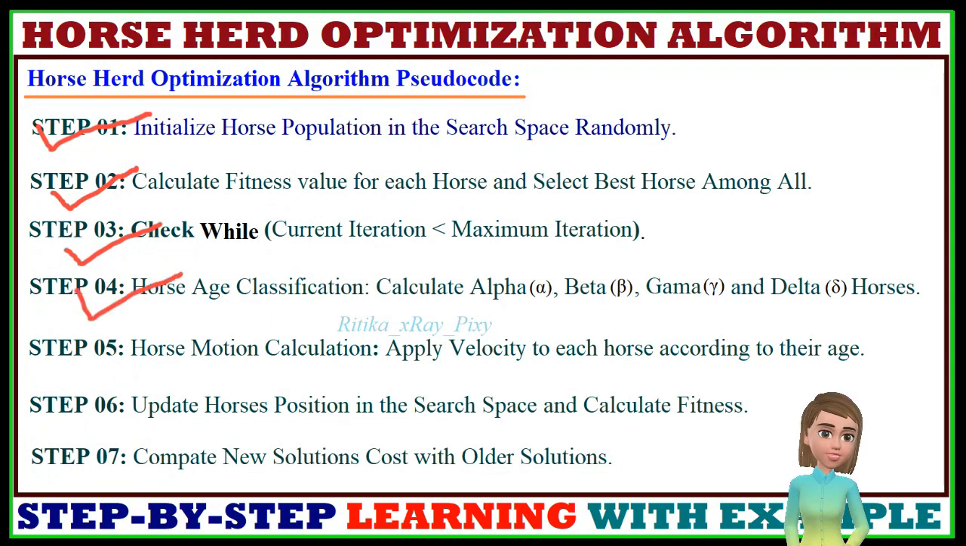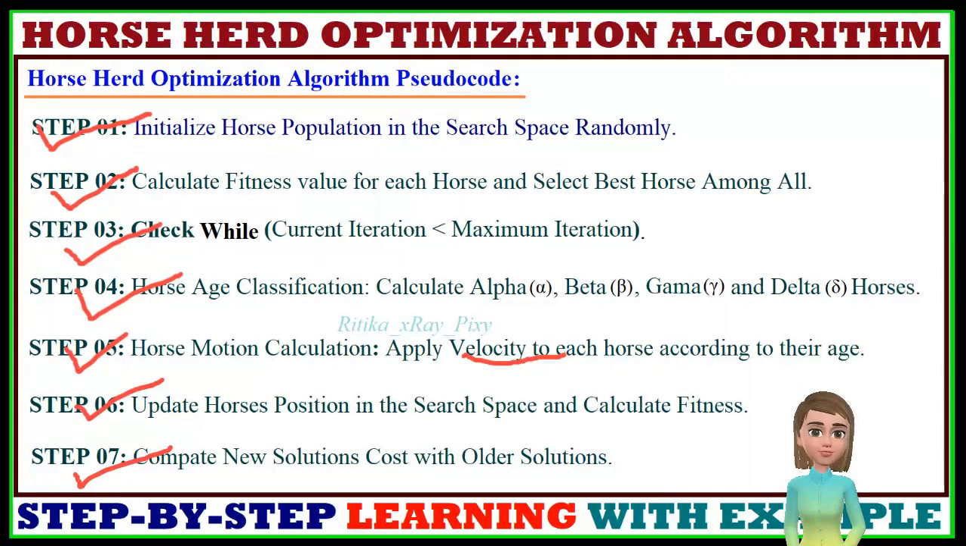After that, we will check horse age. Here, horse age classification is done. So we will calculate here alpha, beta, gamma or delta horse age. After that, according to their age, we will update the horse position, and we will calculate the velocity for the horse, and after that we will update the position in the search space, and then we will compute the new solution